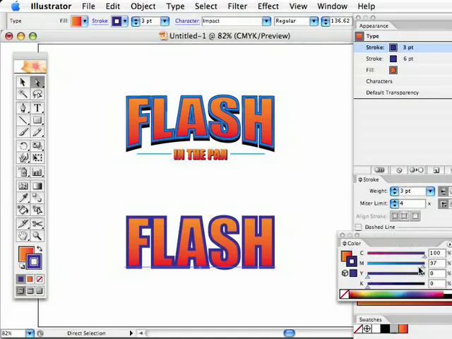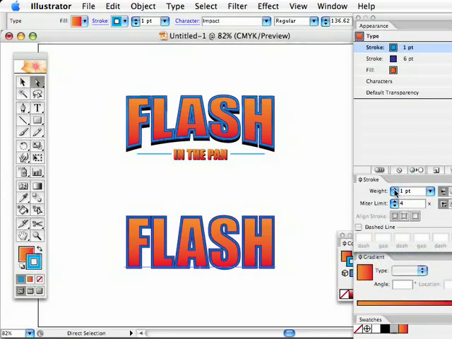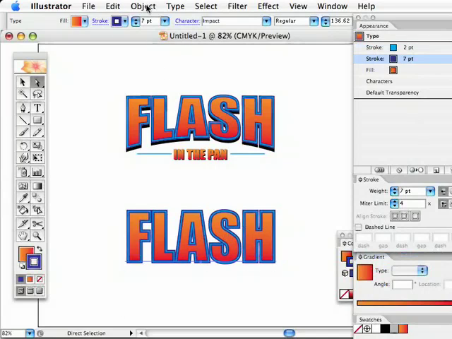I'm going to change the color of that stroke, and now you can see that it just appeared. I'll make it slightly lighter, and we're most of the way there. I'm going to make the dark one yet a little bit thicker. So we're almost there. Now we still have our words selected, and we're going to go to the Object menu